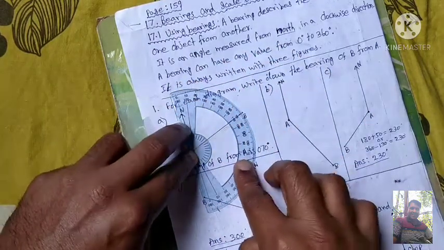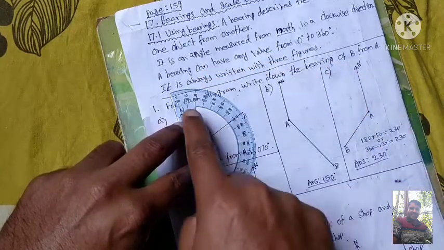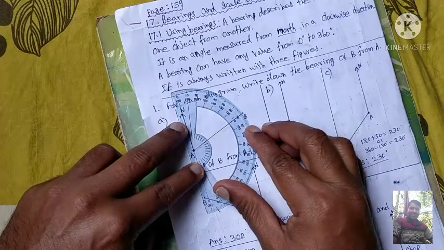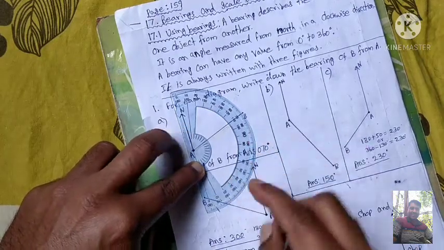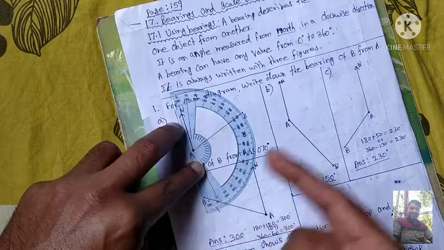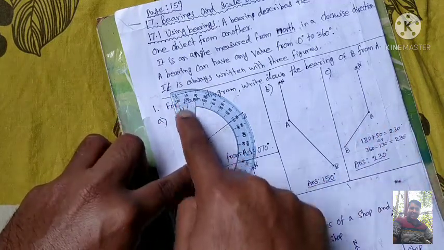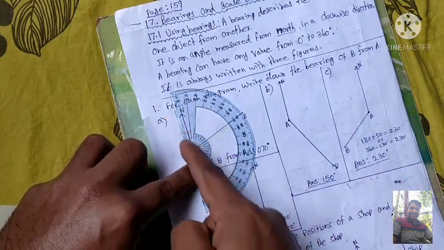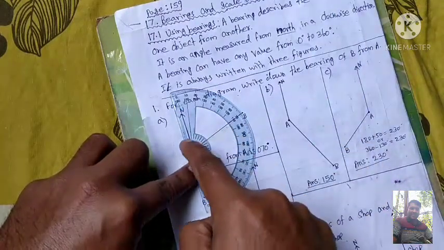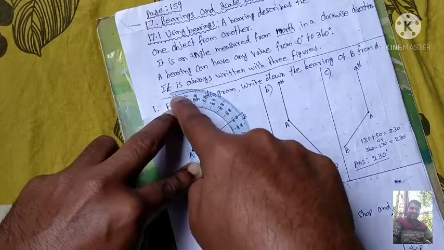So now we are going to start measuring the angle. We are going to start from the 0. Always remember, we start from the 0, because we have 0 and 180 here. So which side do we have the line? We have the line at the top. This is the north side. So we are going to measure from the north side. You know that. So we have the line in the north side, so we are going to start from this 0.